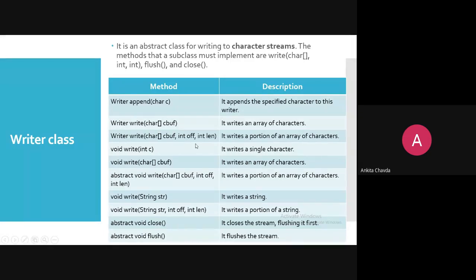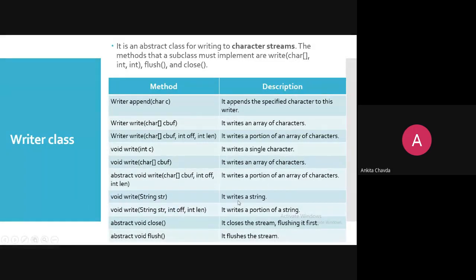So here it will write a portion of the array of the characters, then I'm having a single character to write. This is append, and this is write. So it writes a single character into a file. It will write a character array into any existing file or whatever you are creating, right?